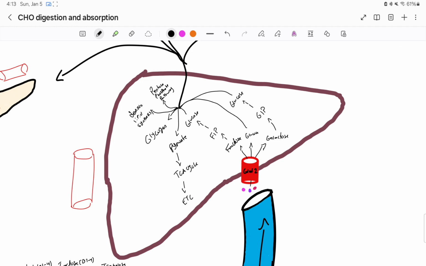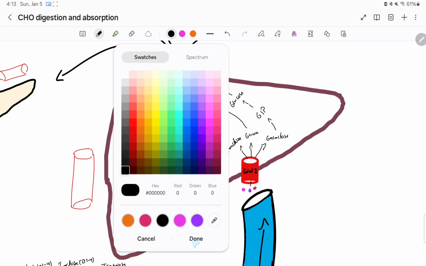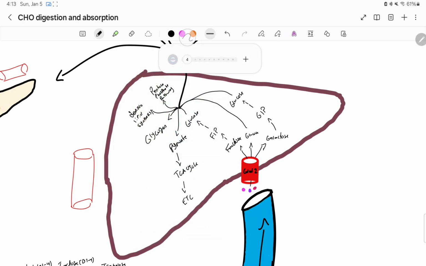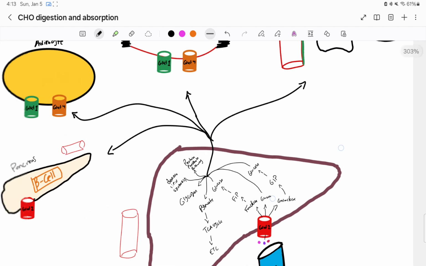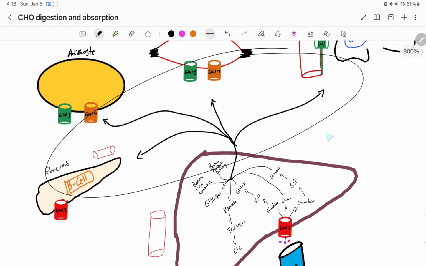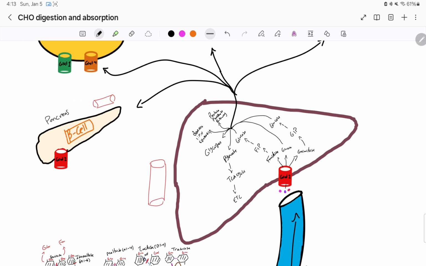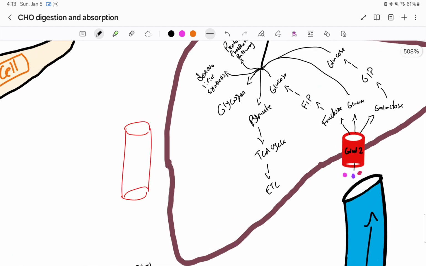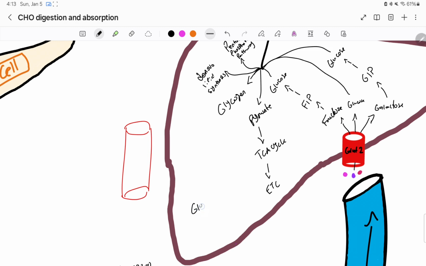First things first is that the liver is very efficient in its use of glucose. Because it's the first organ to see glucose, it's not going to hog all of that. Right after a meal, it's going to allow glucose to spread out all across these different organs. And I'm sure you guys have heard that the liver is the organ responsible for maintaining your blood glucose levels, right? Why? Because it can go through a process called